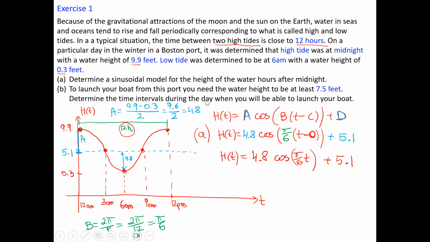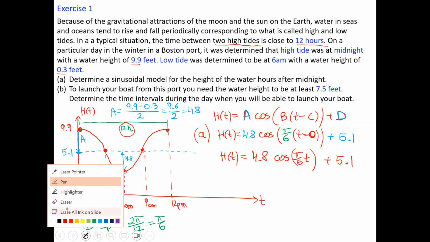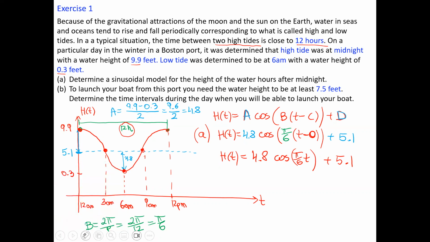Because it's a periodic situation, every 12 hours, we may add 12 to our solution during the day when you will be able to launch your boat. Let's say 7.5. When I draw the line,